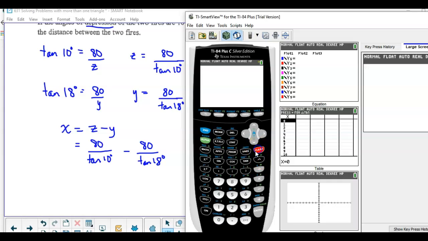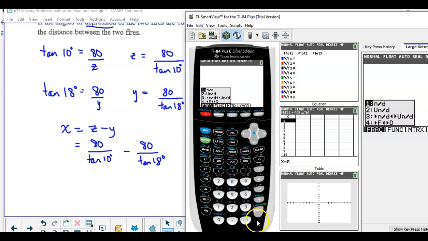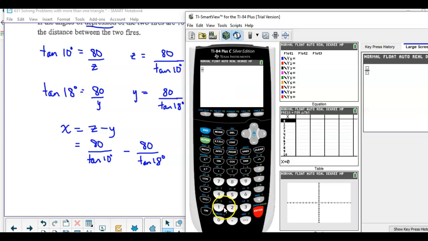And if you want to do fraction form as well, that depends on the calculator, but second y equals, enter on fraction, and you can go 80 and then cursor down for tan of 10. Close the brackets, cursor out of that, minus, and then a fraction again, 80 over tan of 18. Okay, so final answer is